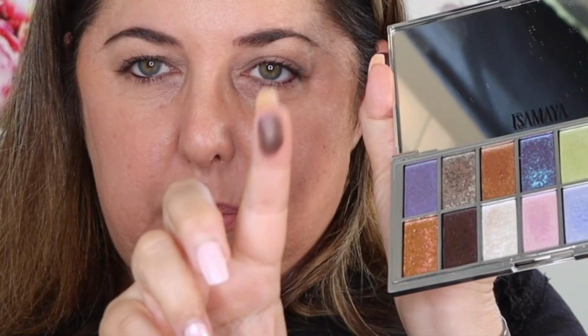We'll do a separate look on each eye, just because it's fun. But you know what I'm going to do? There's a mercury shade here, right here, it's called Mercury. Kind of a plummy brown shade. I'm going to take a Refer number 15 brush and put that into the crease of